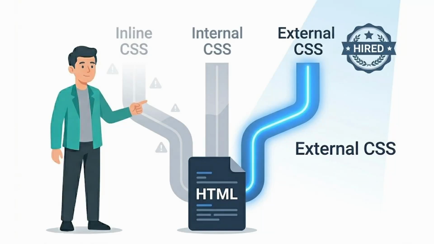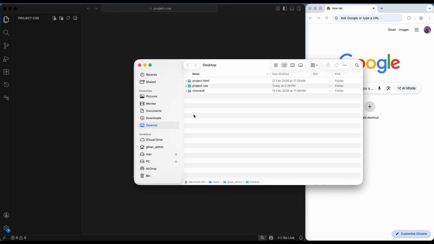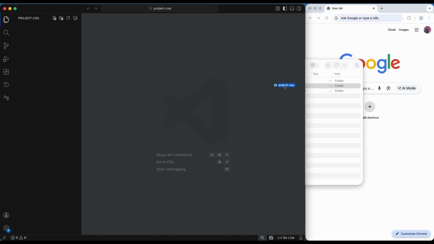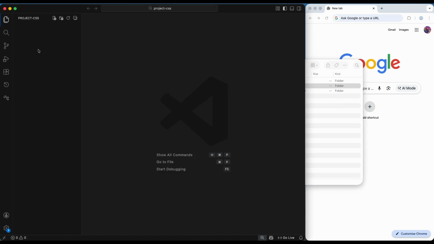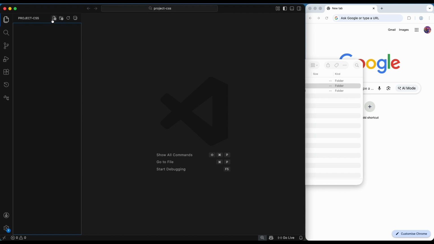Okay, there are three ways to add CSS to an HTML file. So let's do it. First, I just create a folder called project CSS and drag and drop it into VS Code. Now I am in the project CSS folder on VS Code, and here I will click on add new file, and I will name this file index. It should be simple,